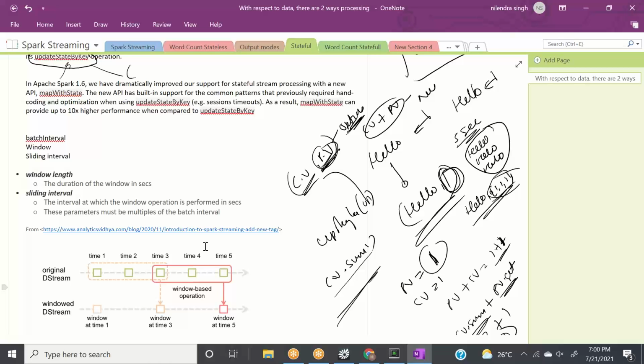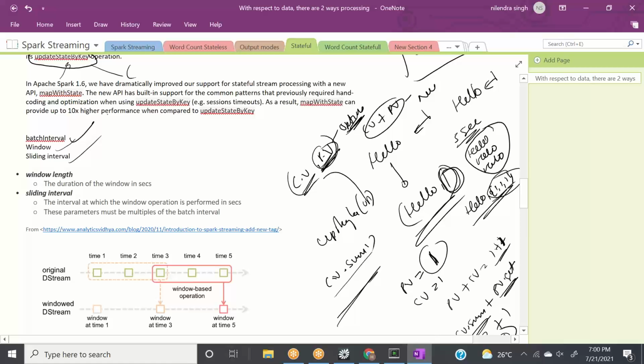So if you don't want to maintain the full session information, you can do 3 things: define the batch interval, then define the window, and then define the sliding interval.